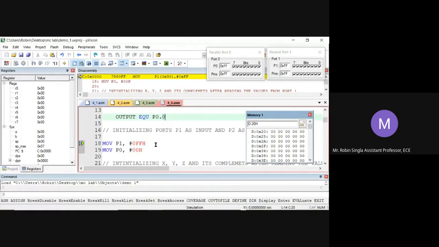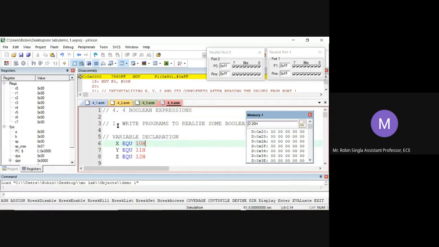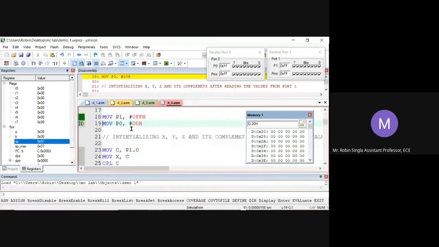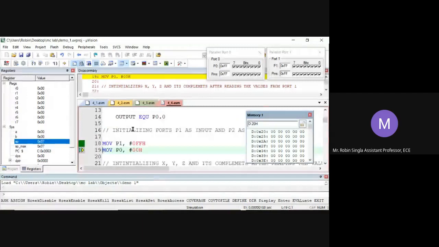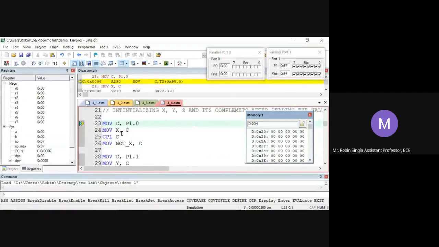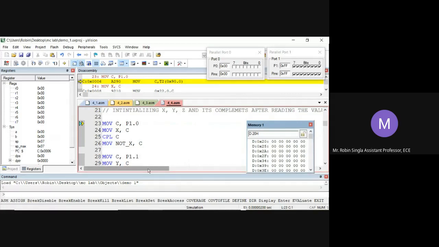Okay, let's start. We'll see how this is working. Port 1 is 0FF. We will clear port 0. Port 0 is clear. Now, we'll move port 1.0 to carry. Port 1.0 means this bit. This bit is 1. It is high.